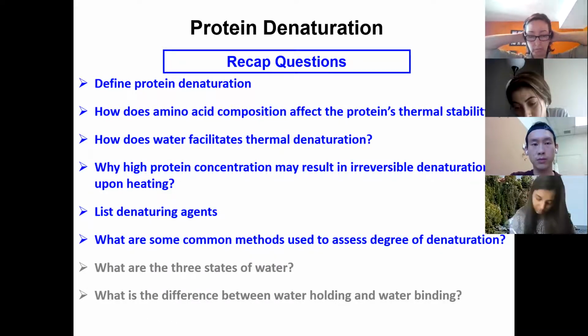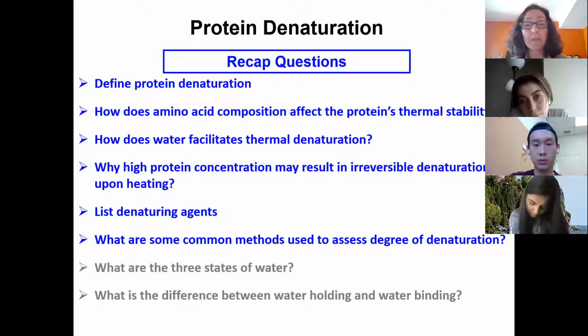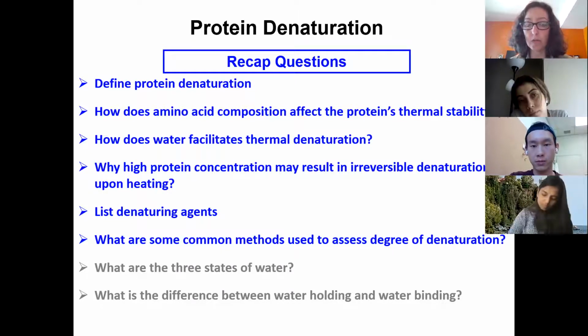I think we covered more, or if we have an enzyme, we can measure the activity of the enzyme as well. So yeah, that's great. So try to remember these different methods in case you are asked to give an example, and you want to be able to explain how it tells us if the protein is denatured or not.